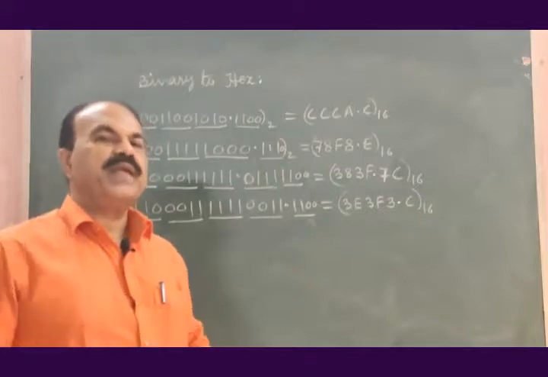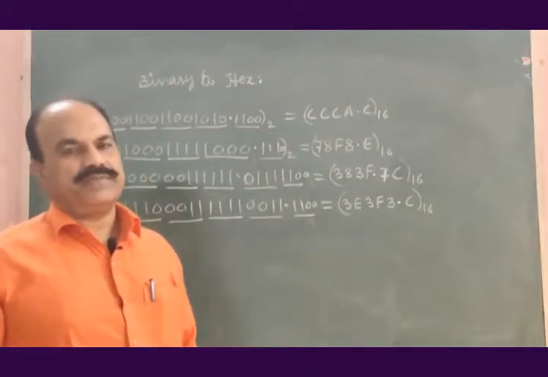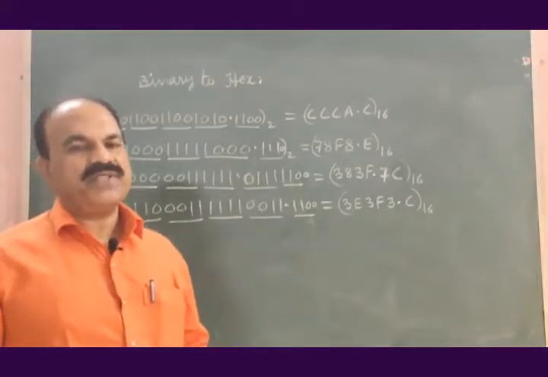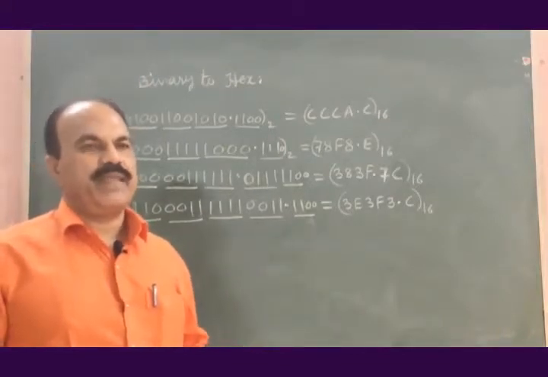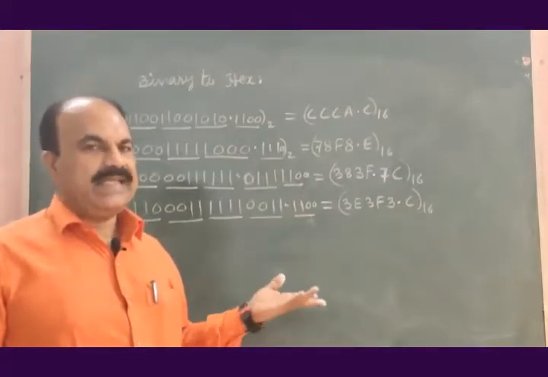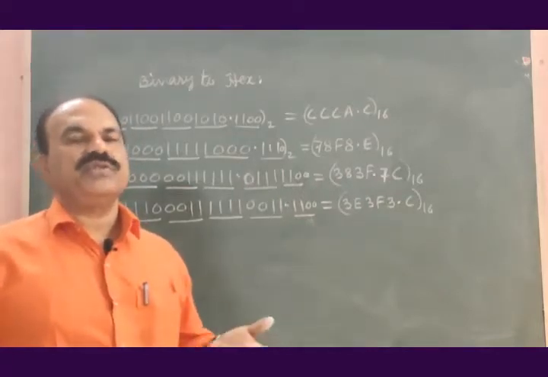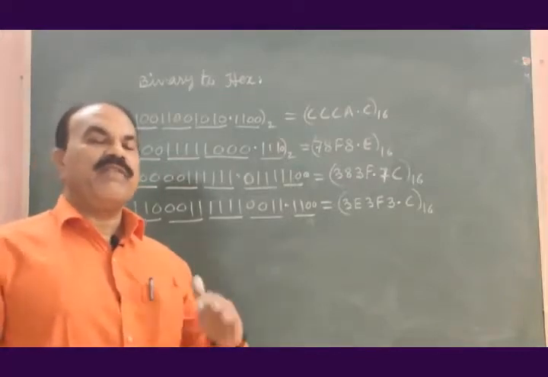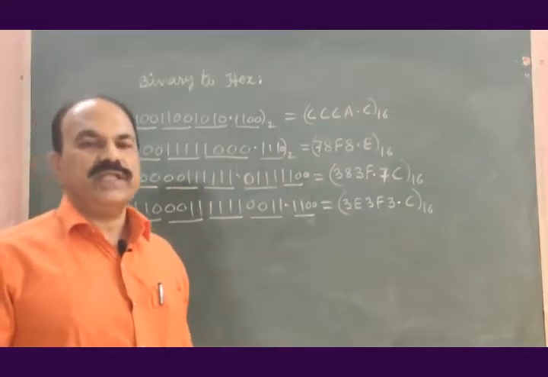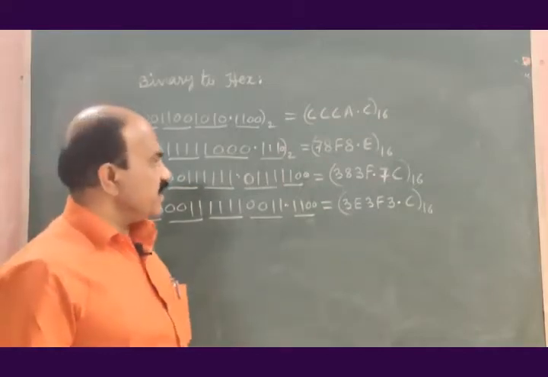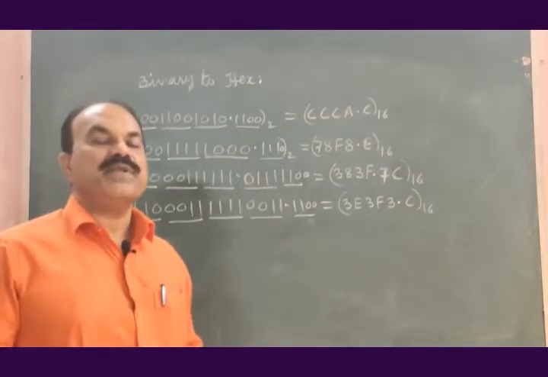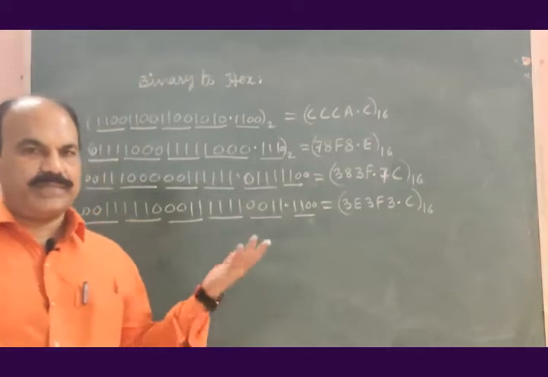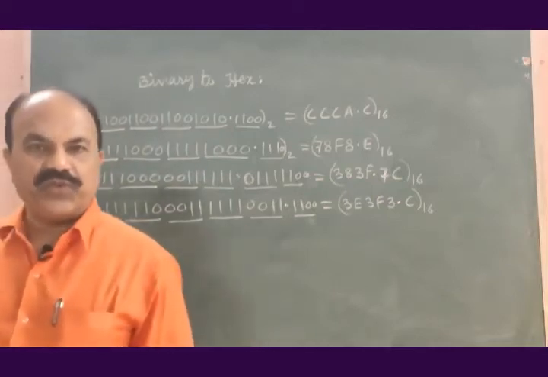This way you can convert numbers from one number system to other number system. Till date we discussed about 12 different methods of conversion of numbers from one number system to other number system. So this is about the conversion of numbers from one number system to other number system. Hope you got it. Make practice so that it will be easy for you. Thank you.